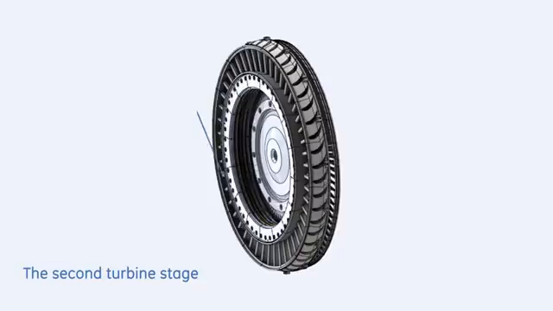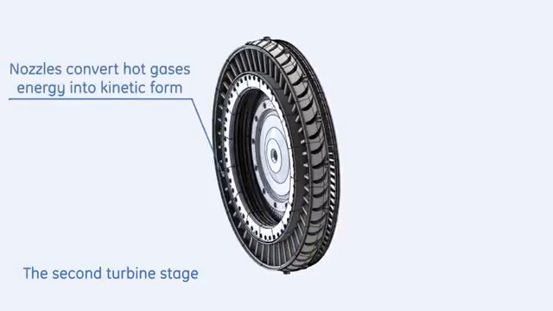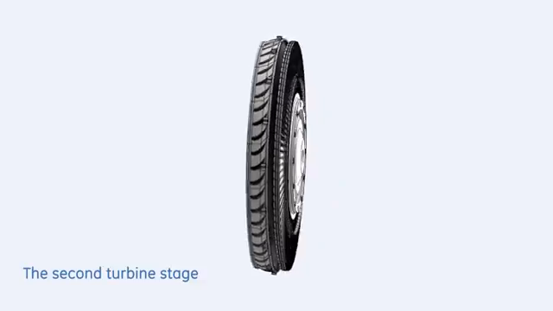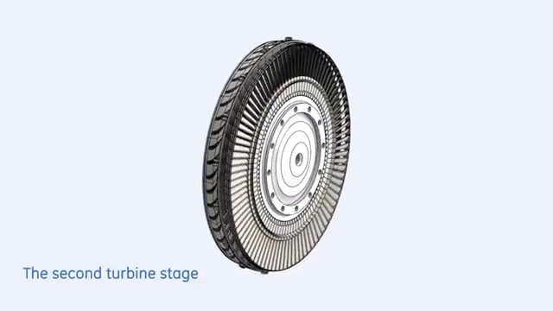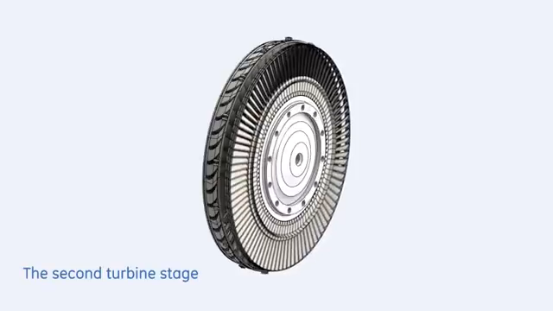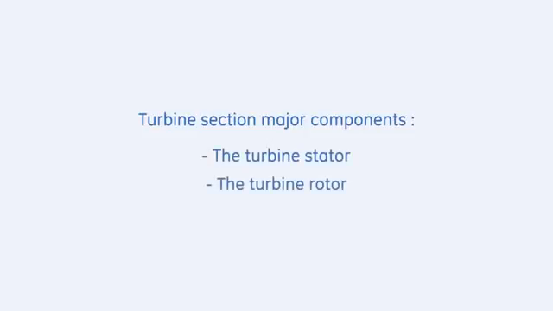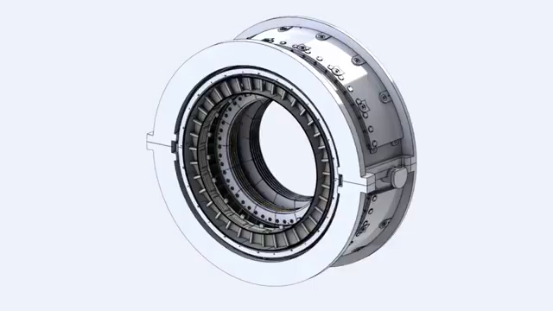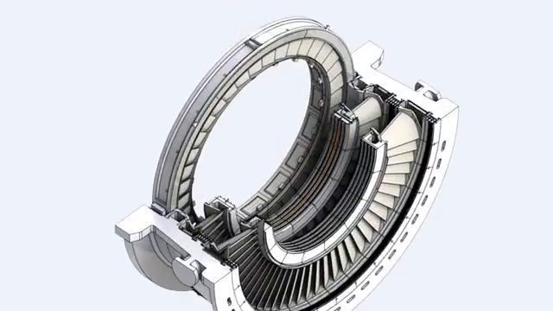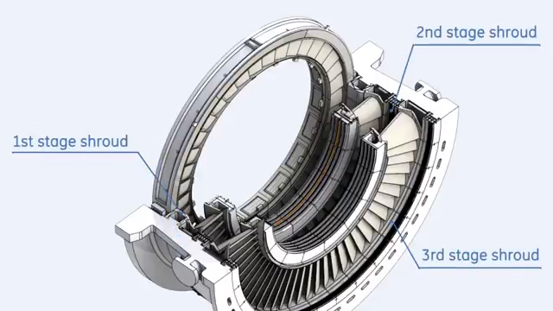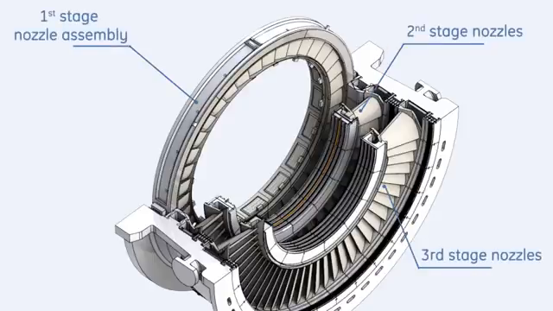The stator nozzles convert the energy in the hot gases leaving the combustion system into kinetic energy and direct the gases at the proper angle to rotate the moving blades to produce the mechanical rotational energy. The turbine section consists of the turbine stator, the turbine rotor. The turbine stator consists of the following parts: the turbine shell, the shrouds,